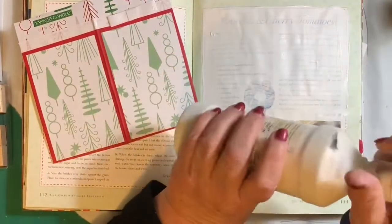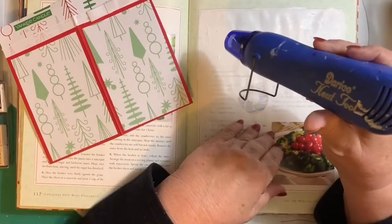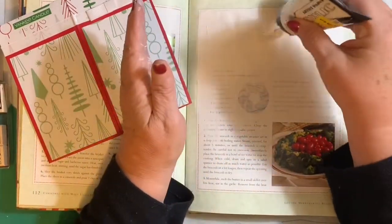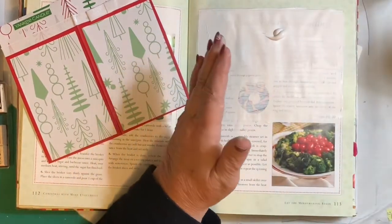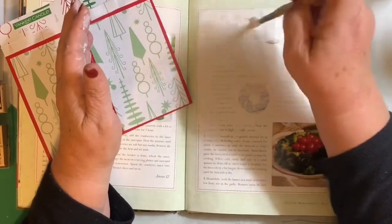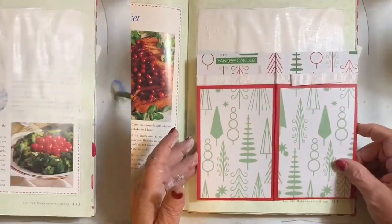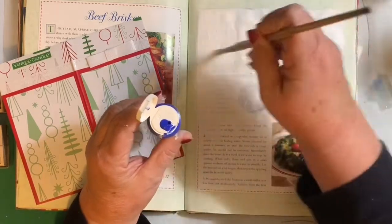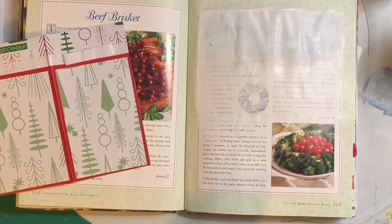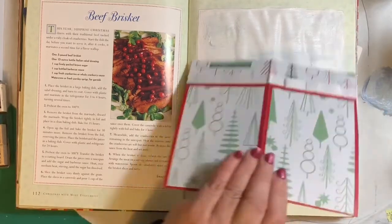This time we'll go ahead with my gesso. Now we'll try the white again. Might have been good to just use white paper. Okay, now we're cooking. It's covering. There, now that gives it just a little bit less white, more of a true color there. So let's find my glue